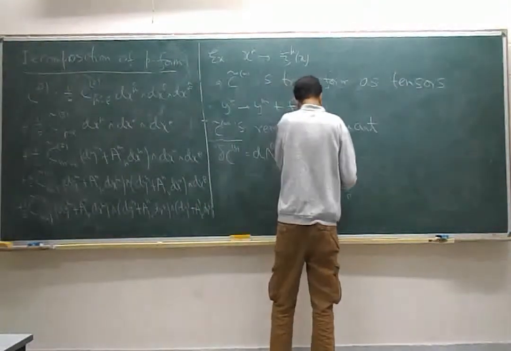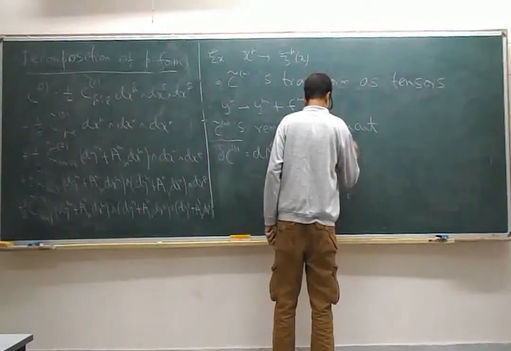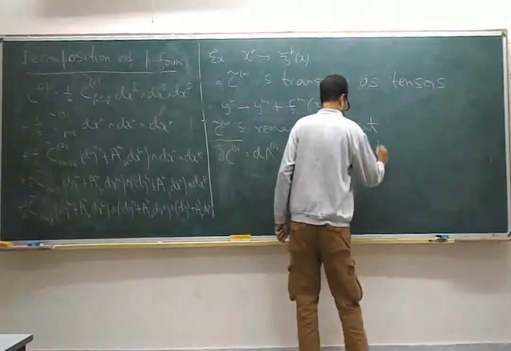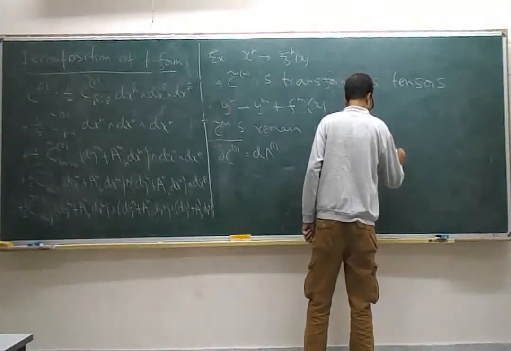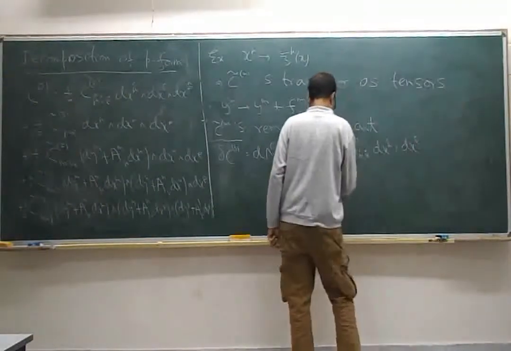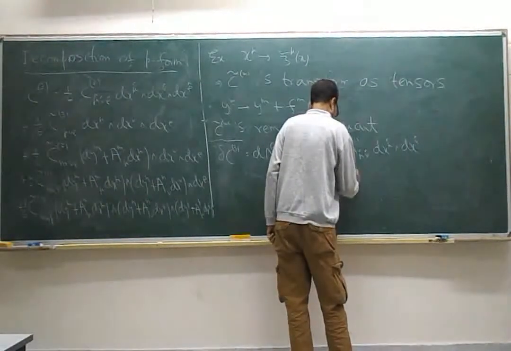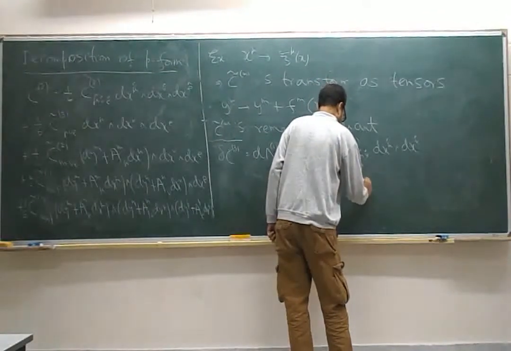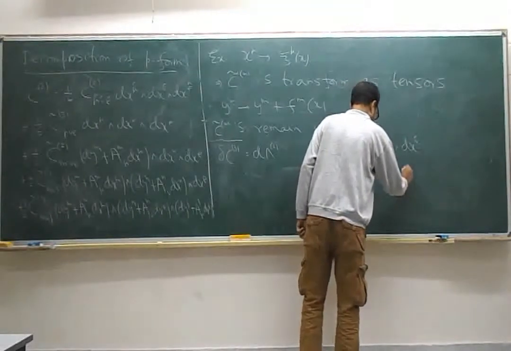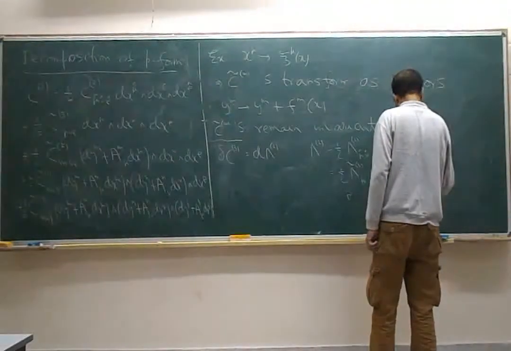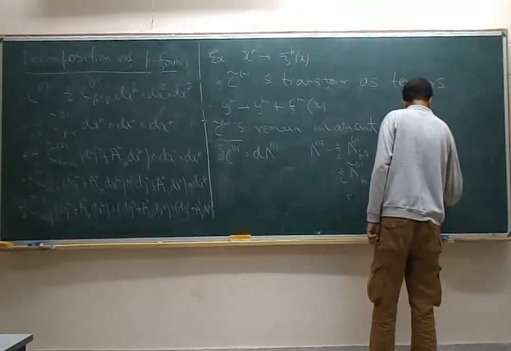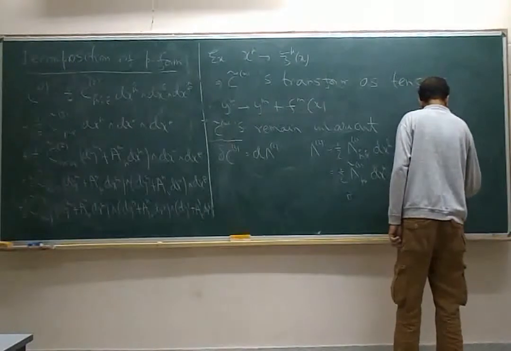Lambda 2 is half lambda 2 mu hat nu hat dx mu hat wedge dx nu hat. So you can write this as half lambda tilde 2 mu nu dx mu wedge dx nu plus lambda tilde 2 m mu dy m